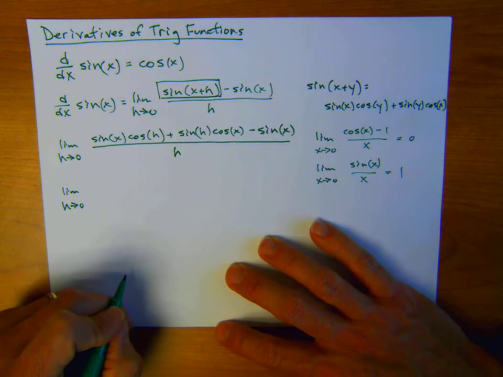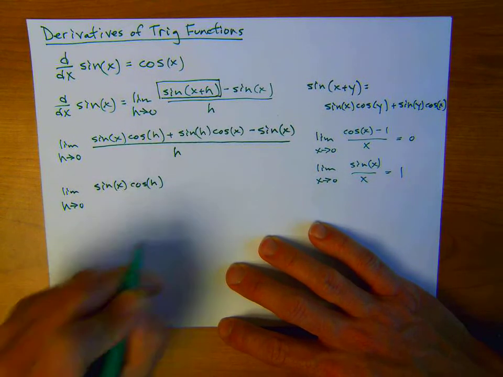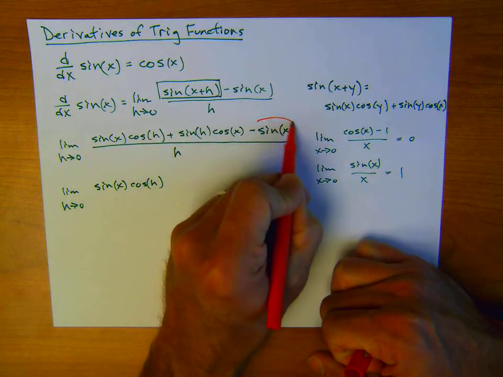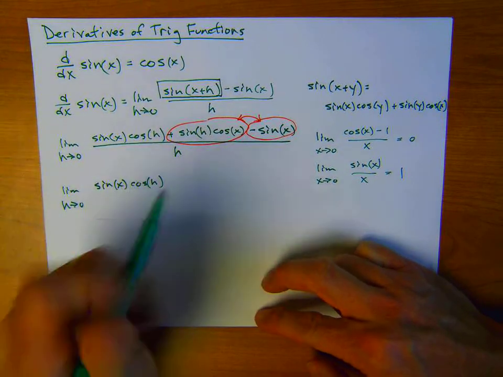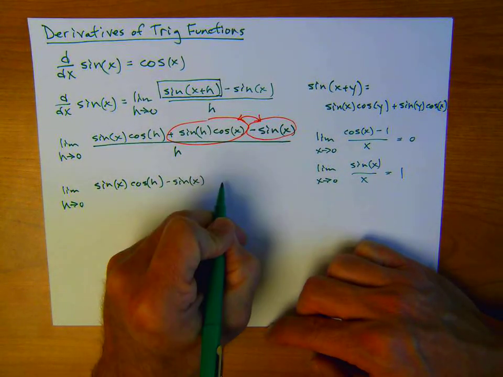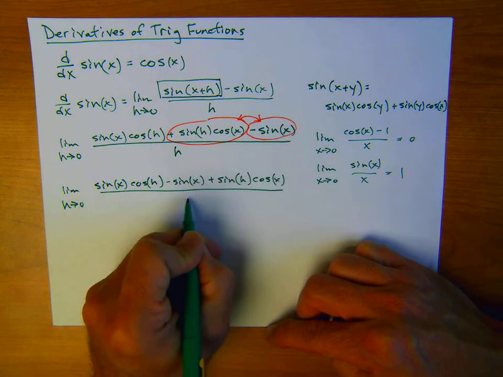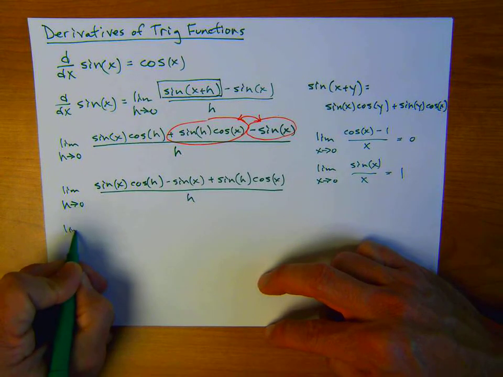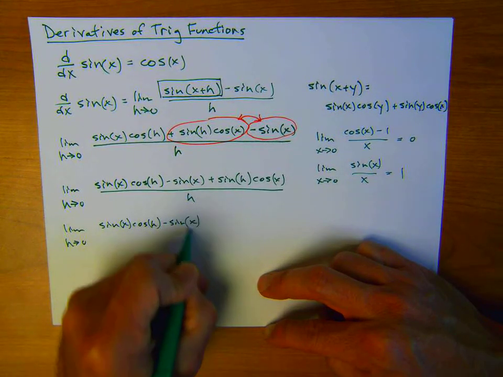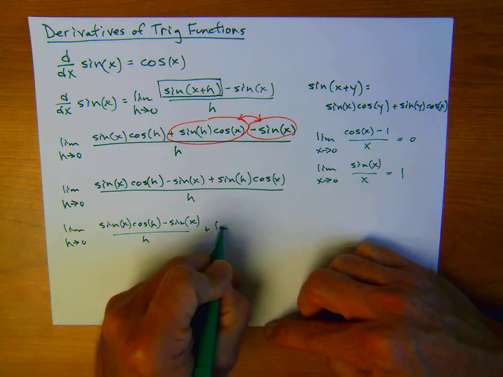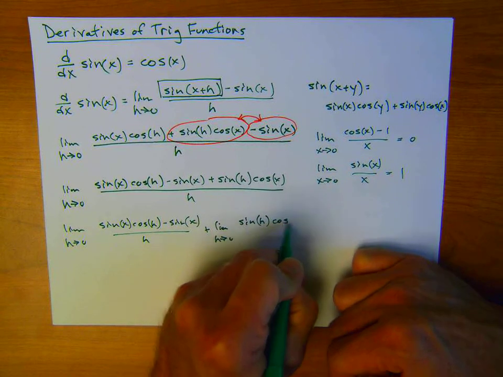So let's rearrange this a little bit so that we end up with sine of x times cosine of h. What I'm going to do is regroup these by taking this and just switching them. So I'm going to have that minus sine of x, and then on the tail end I'm going to put plus sine of h cosine of x over h. Now I can break this up into two limits. Limit as h goes to 0 of sine of x cosine of h minus sine of x over h, plus the limit as h goes to 0 of sine of h cosine of x